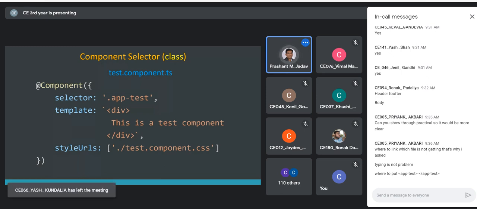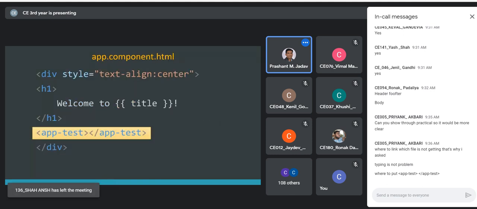This is the slide. Test is the child component. Let me make it clear. Test is the child component. It should be used in the parent component. It cannot be reversed. Child cannot refer to the parent, but parent can refer to the child.